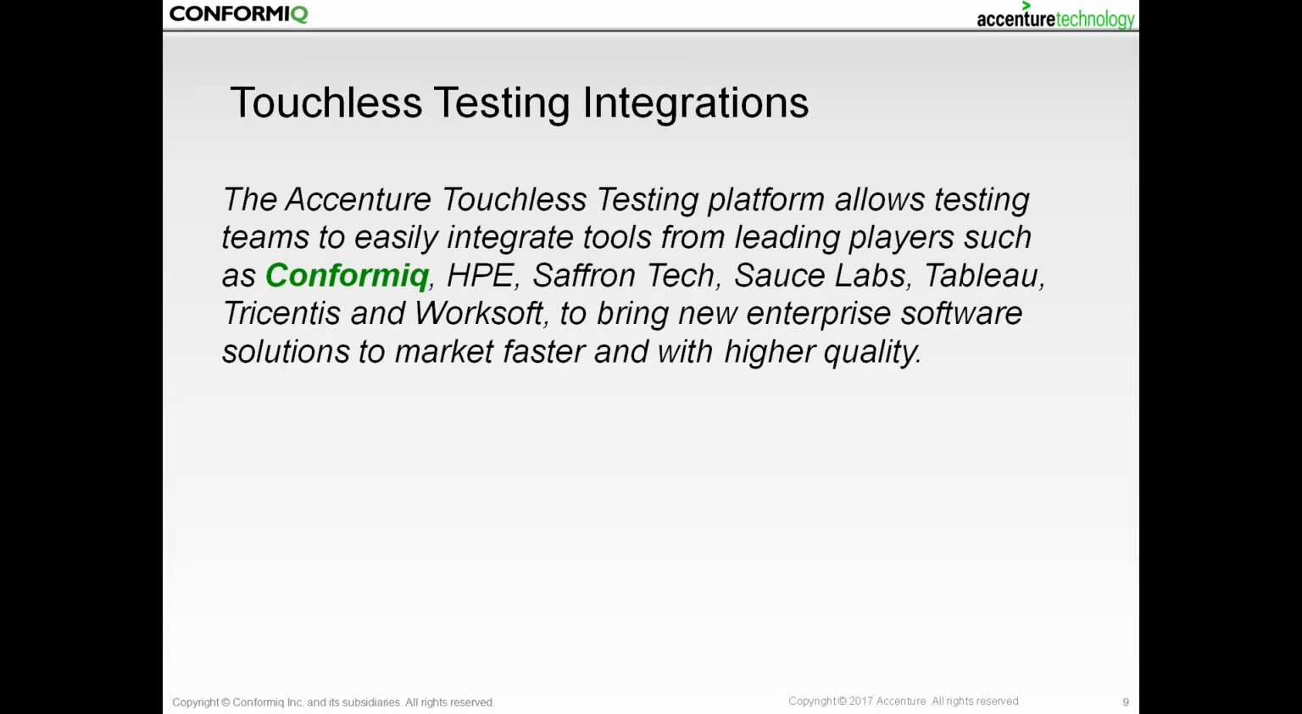Jeff has introduced the advanced capabilities, very high level. Again, reach out to him. We'll provide the contact information toward the end of the presentation to get a lot more detail on touchless testing. I think you're going to be very impressed, and you'll really understand better the path that Accenture's taking to